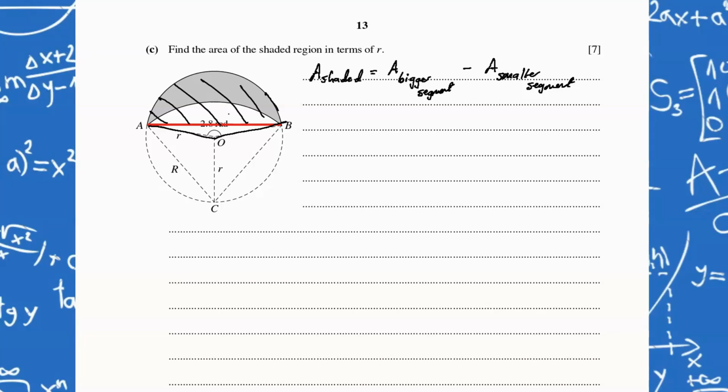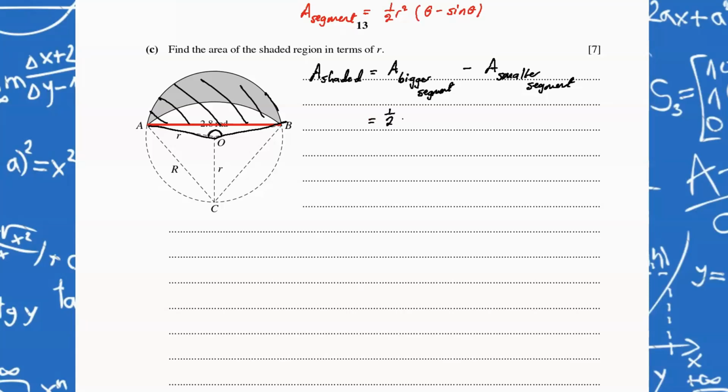All right, so the angle is 2.8 radians right here, and we're going to use the formula half r squared of theta minus sine theta, and this is the formula for area of a segment. So this works every time when we're calculating area of a segment. So convenient it is. All right, so for the area of the bigger segment,